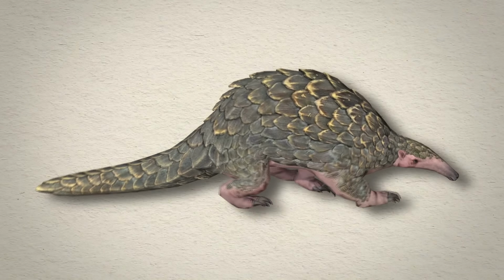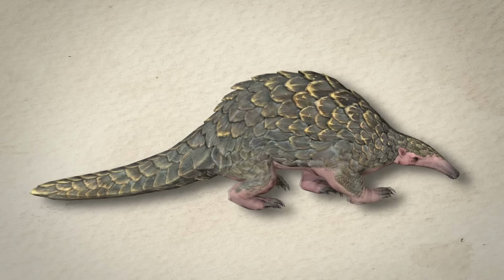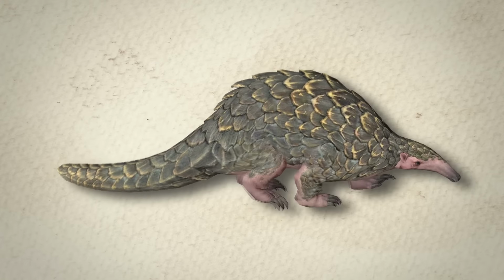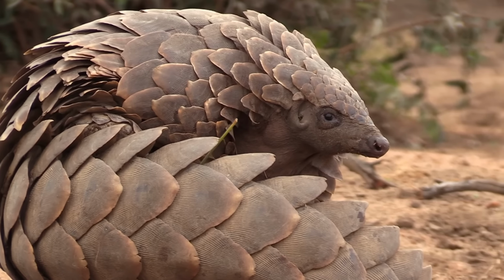They are highly specialized feeders, too, and are well adapted to this role. They've got long, sticky tongues that can extend well beyond the length of their bodies, allowing them to probe deep into ants' nests and termite mounds. They don't have any teeth, so they swallow their prey whole, and their stomachs are specially adapted to grind and digest the hard exoskeletons of insects. This specialized diet means pangolins play a crucial ecological role in controlling insect populations, particularly in ants and termites. They are extremely important in their natural habitats, but